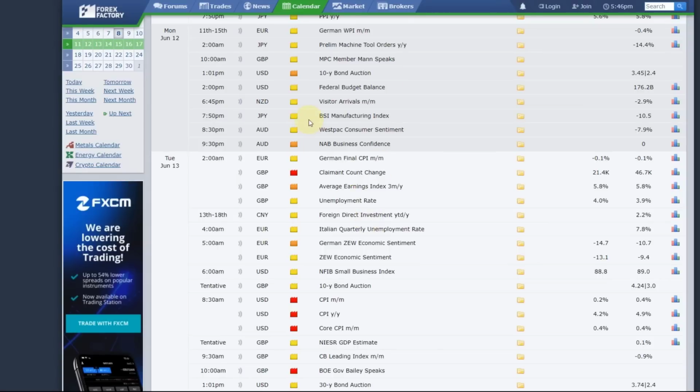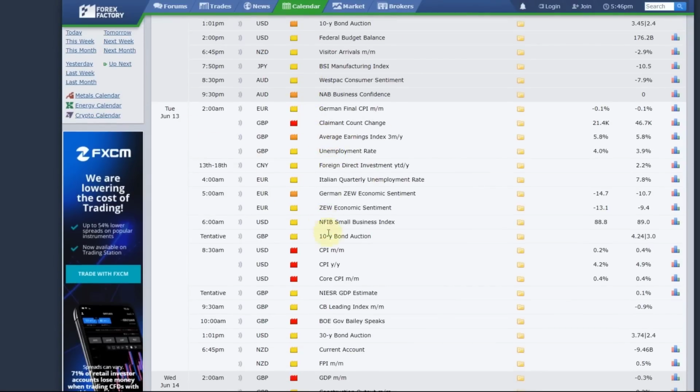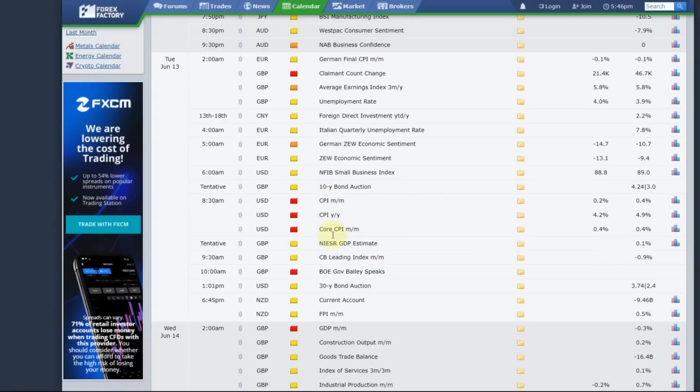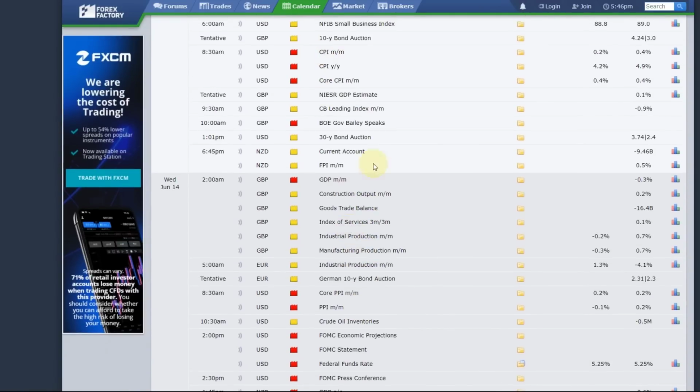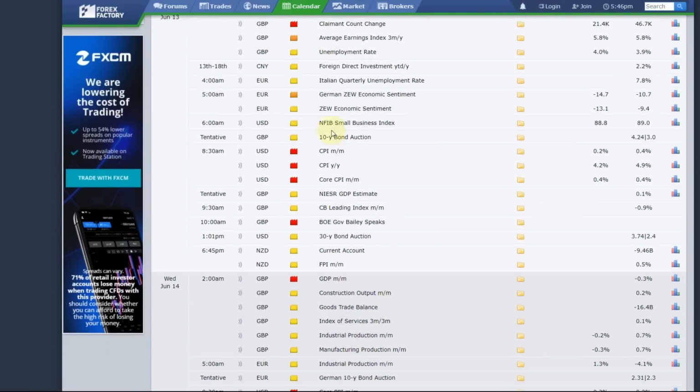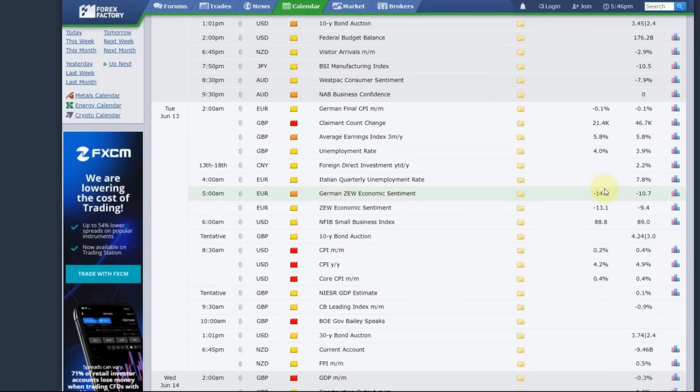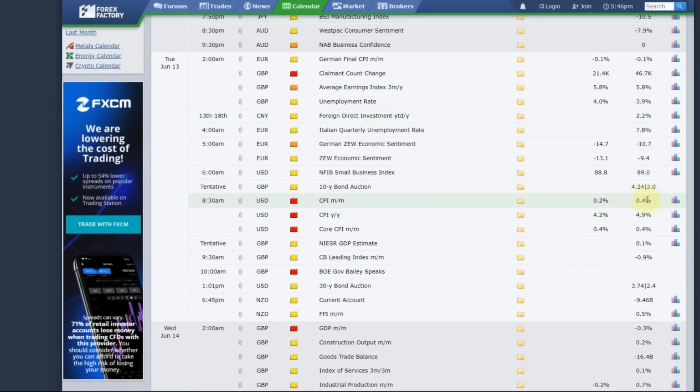So let's take a look. We can see that on Tuesday, the 13th of June, we've got the next CPI data coming out. CPI report. I think the Fed meeting typically takes 2 days, so I think they start Tuesday, finish Wednesday with the statement. So that means current forecast for CPI month over month is 0.2%. Yeah, that's the current forecast. Year over year, 4.2, indicating compared to the previous report, 0.4% was month over month, so it's a reduction in the inflation increase, and also year over year, 4.2%